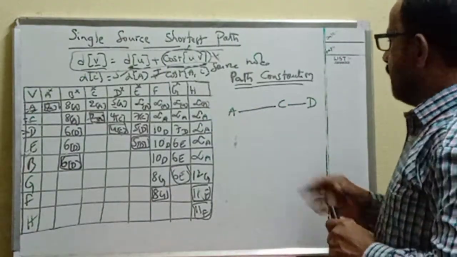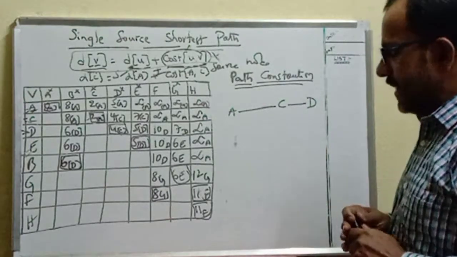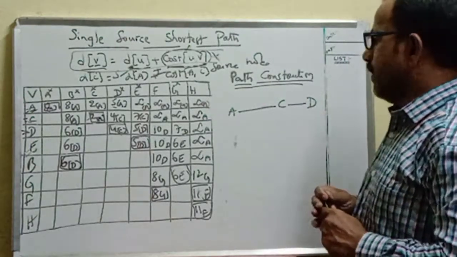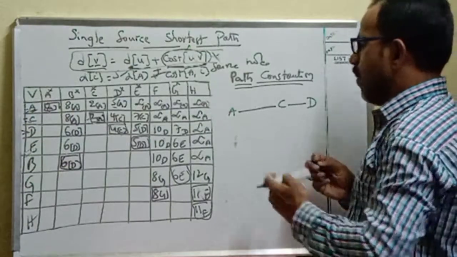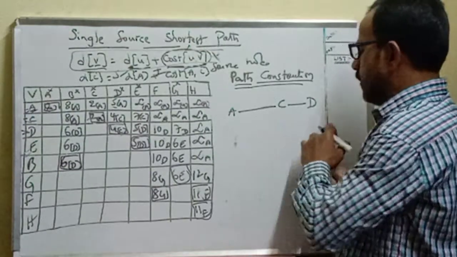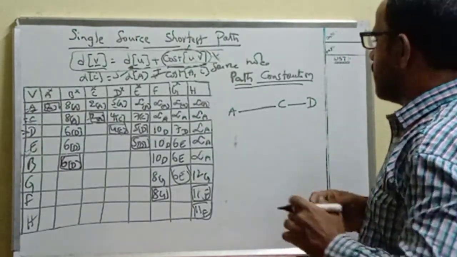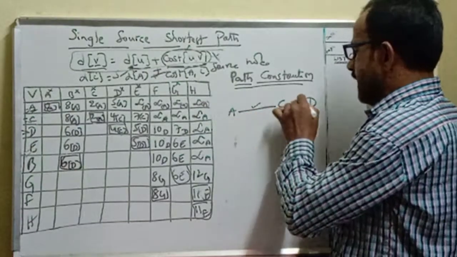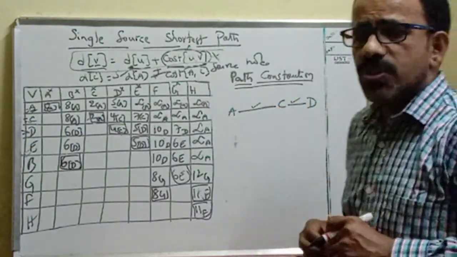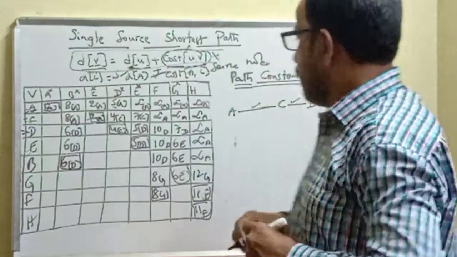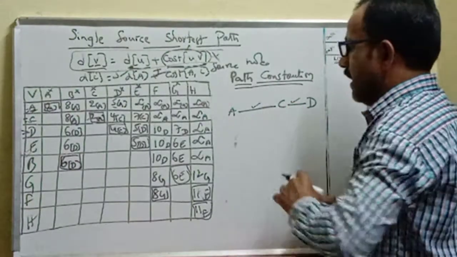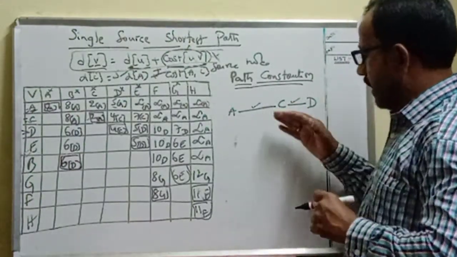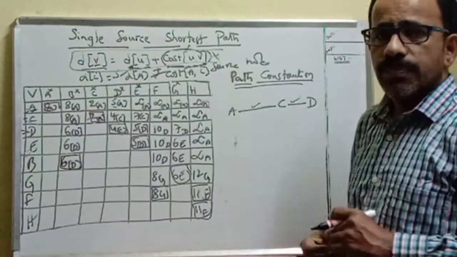If you see the graph, you can easily identify what the A to C edge cost and the C to D edge cost are in the graph. Just represent the A to C edge cost and the C to D edge cost. Then the summation of those two edge costs is 4 units. But here I drew the graph roughly. Once again, I will draw a graph and based on that graph, I will show you.